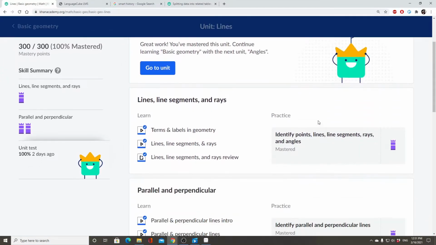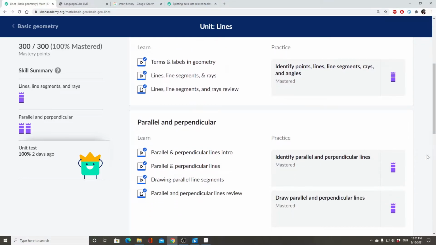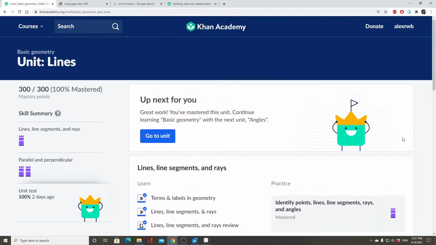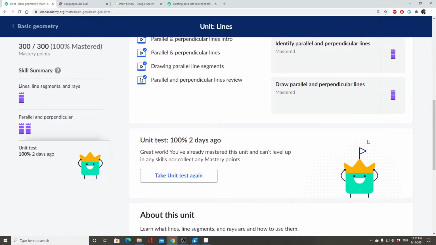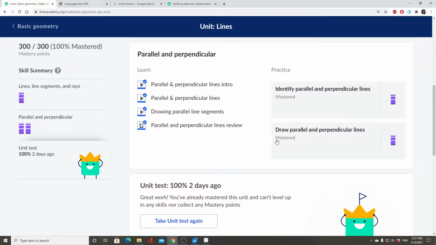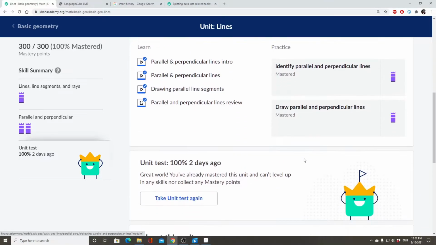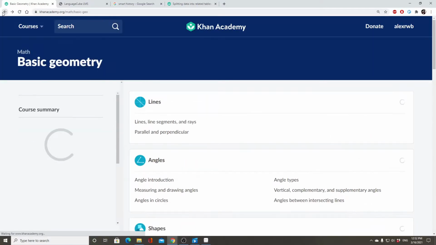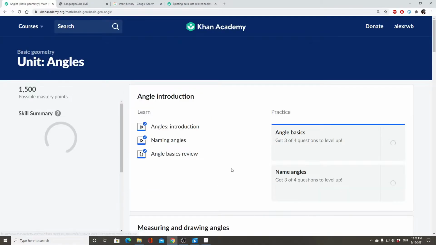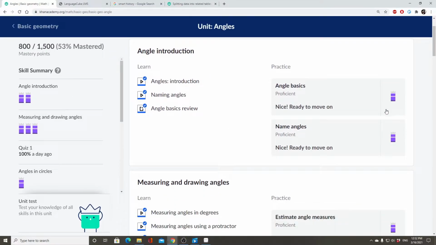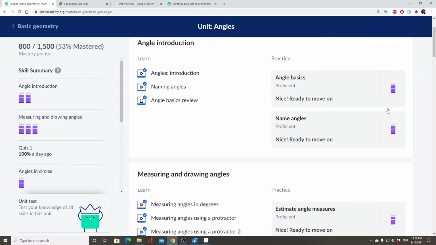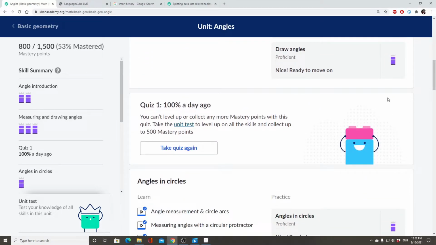Quickly. So you see, this is the lines section, right? Oh, okay, this section doesn't have it. Well anyway, you notice here that they've got these little symbols. This is like a mastery diagram. In this particular section, you can just do the tests and it'll say mastered. Oh, because I did the unit test. Sorry, that's why. I did the unit test, I got 100%. But typically, sorry, this is a better example. Typically, after you do these little practice sections, the top part is not completed.